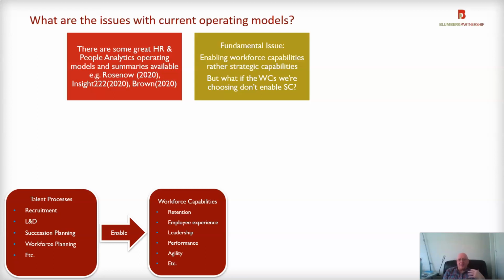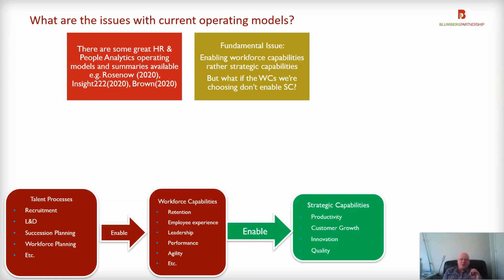That's a workforce capability. Employee experience as a workforce capability. Leadership, performance, agility, and so on. And the reason that we've got those capabilities is so that they enable the strategic capabilities which give us the desired business outcomes. But how do we know that the workforce capabilities that we're emphasizing are the correct ones for